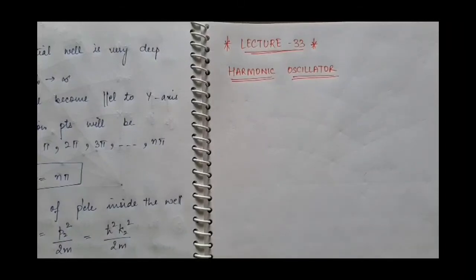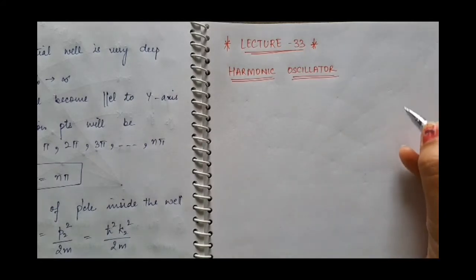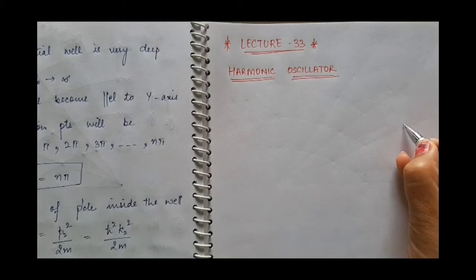Good morning students. In this 33rd lecture of quantum mechanics, we will discuss the harmonic oscillator problem, first from the classical point of view and then from the quantum point of view. So first, we know that in a harmonic oscillator, suppose we have any particle